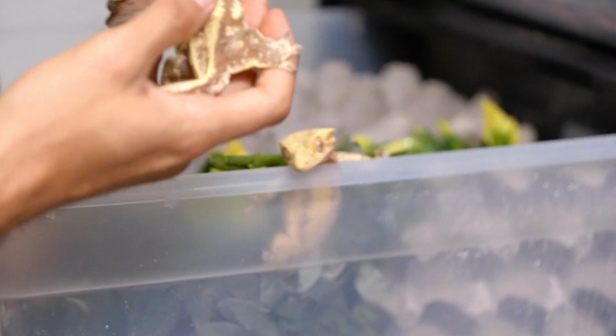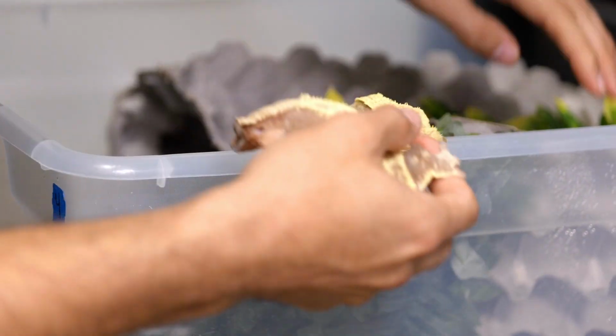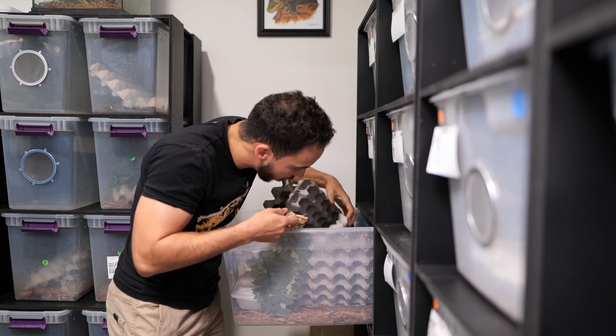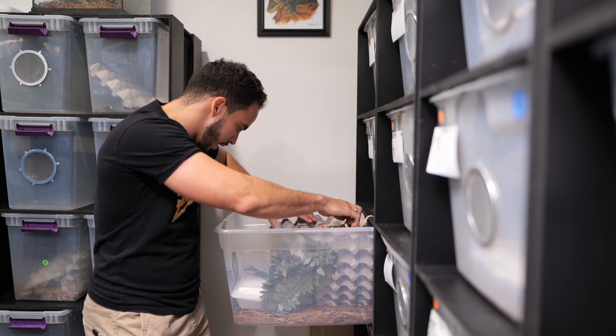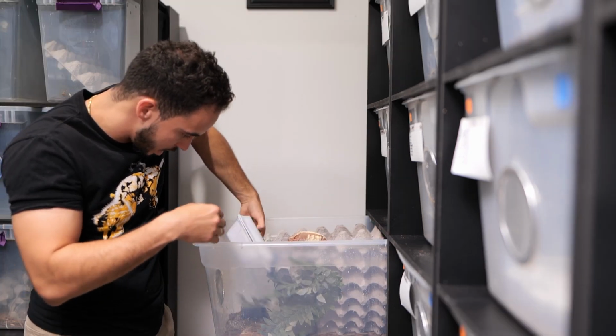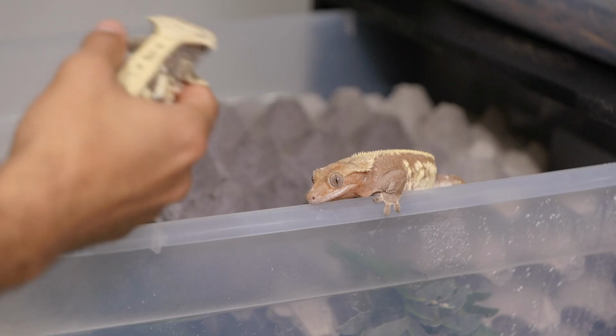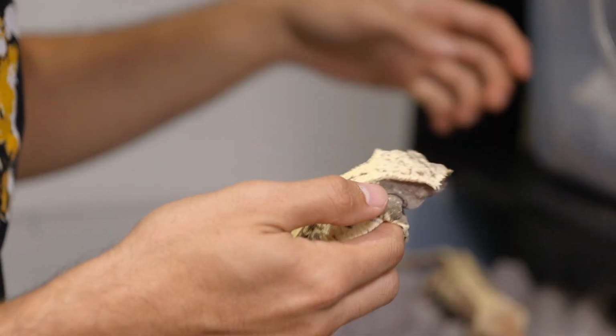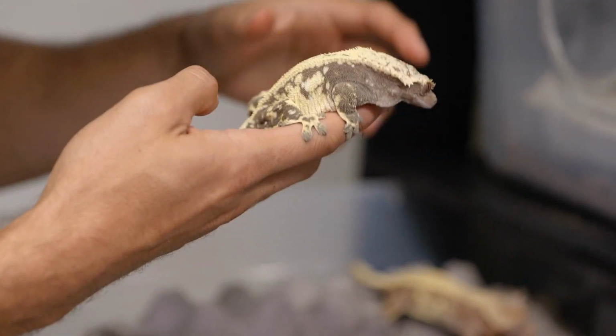Now, the last girl that I have here is probably my favorite out of this group, and the reason being because she is very, very high white. She is going to produce really high white, snowflakey colored geckos with my boy Prodigy here, and this is that girl. If some of you guys may have been around for a while, you may remember a gecko called